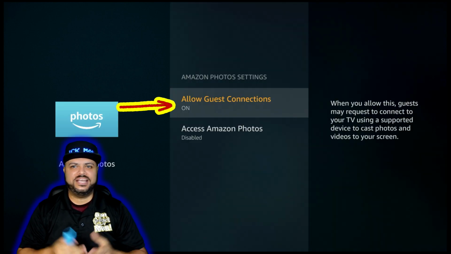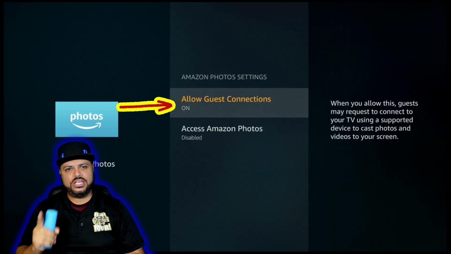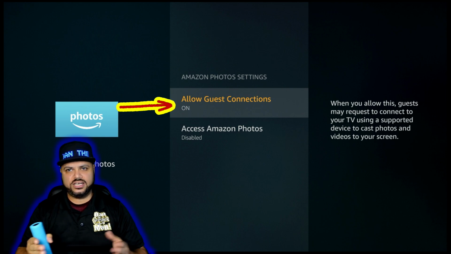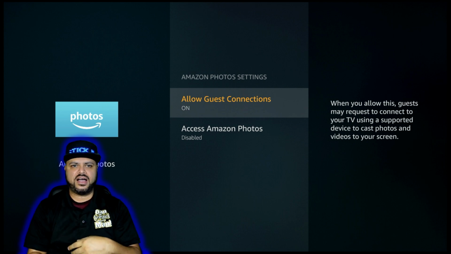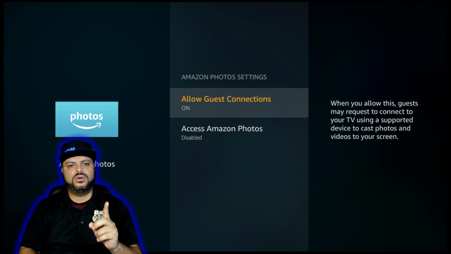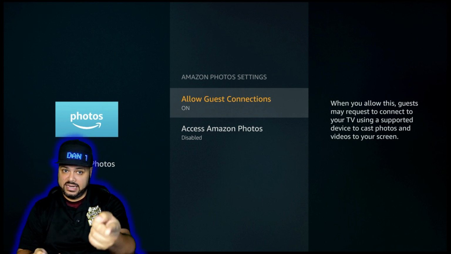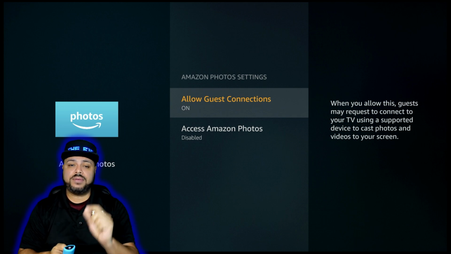What do you know? It's back on. This is why you do it in the sequence that I just showed you guys. I needed to show you that so you guys don't think I'm crazy. This will glitch out and turn the feature back on, and you want this to be off. So now that you're back in, and the Access Amazon Photo is currently disabled, let's go ahead and turn it